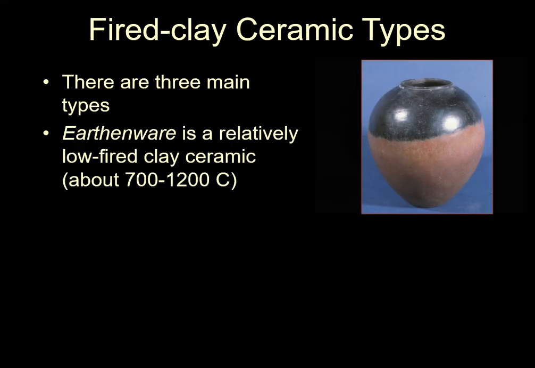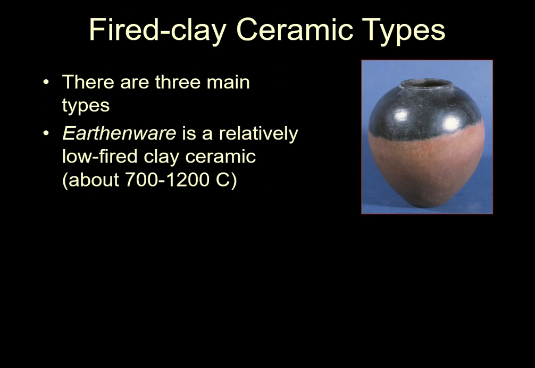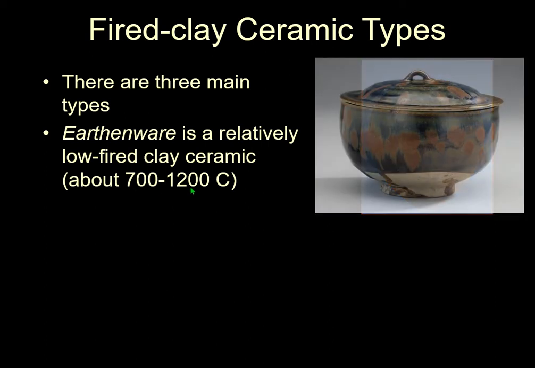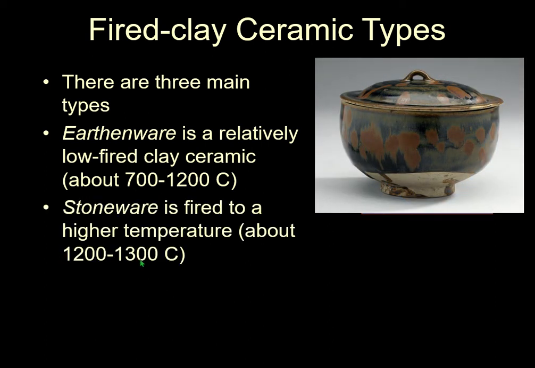So here we are, fired clay ceramic types. Because we've made the pottery now, and we've painted the pottery, we need to fire the pottery. There are three main types of fired clay ceramic. There's earthenware. This is what Middle Eastern pottery is like. It's all fired between about 700 and 1200 degrees centigrade. Stoneware is a higher temperature, about 1200, 1300 degrees centigrade. This we do get very rarely in the Middle East. When it happens, it's noteworthy, and I will tell you. Assume everything is earthenware temperature, unless I tell you otherwise.